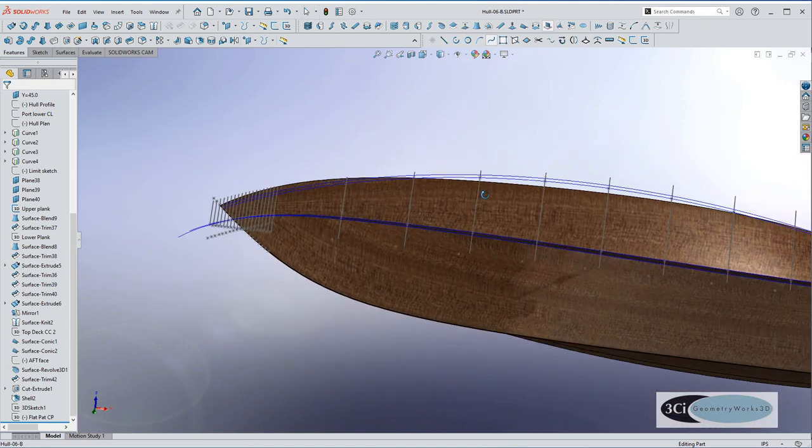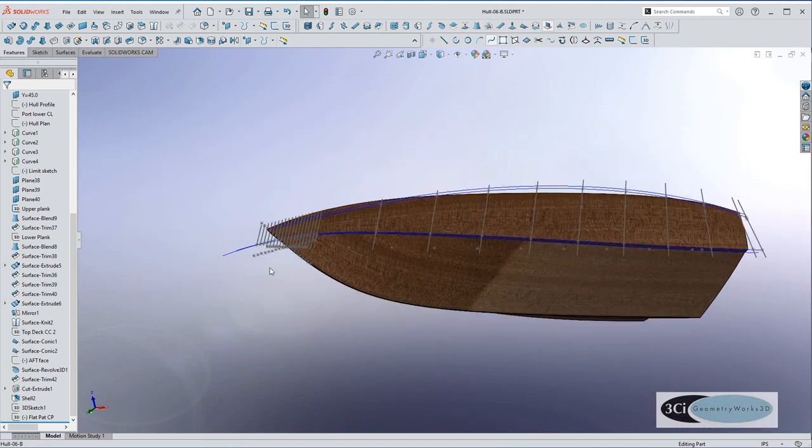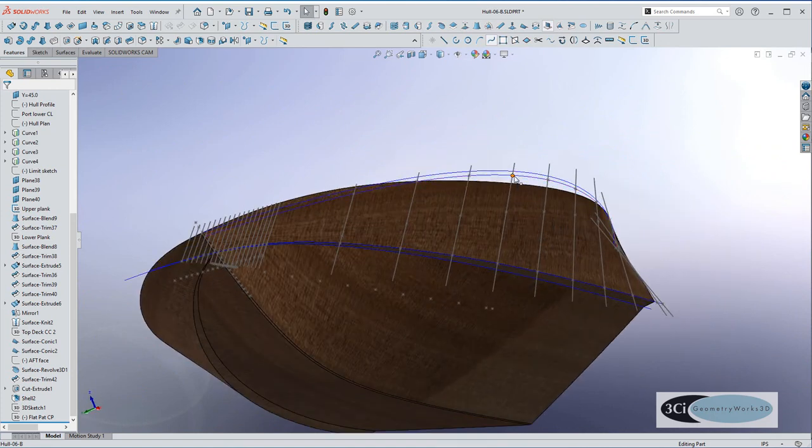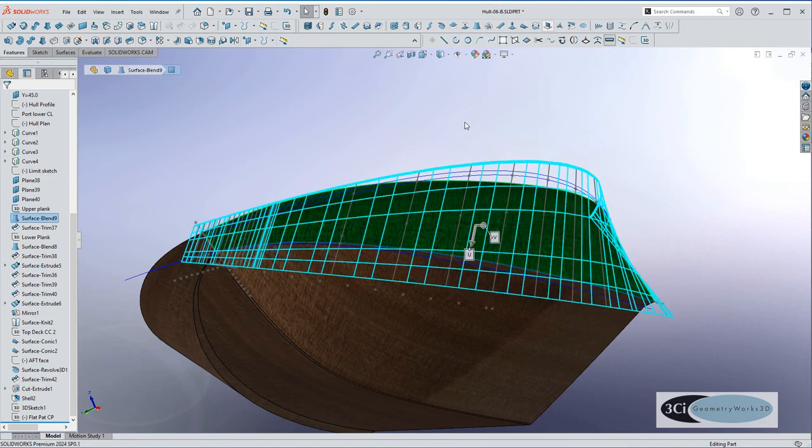So I've created a set of planes that limit the upper ends and the lower ends, and so there's just an intersection point, a line through it, and then the lines are more or less extended up to these two planes. And what that does is it creates a nice surface which is